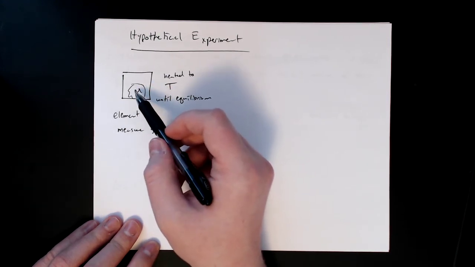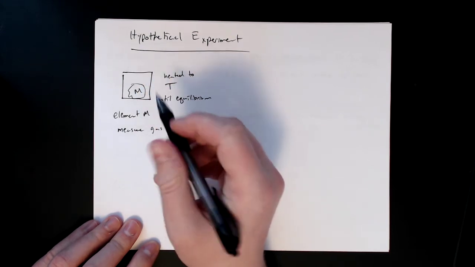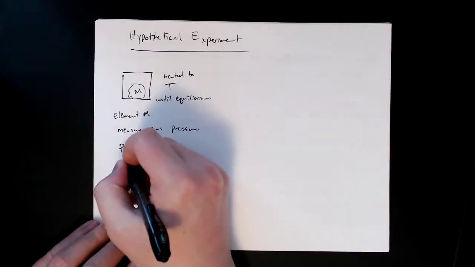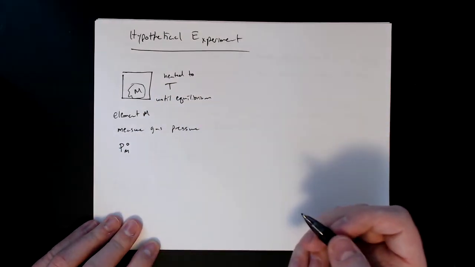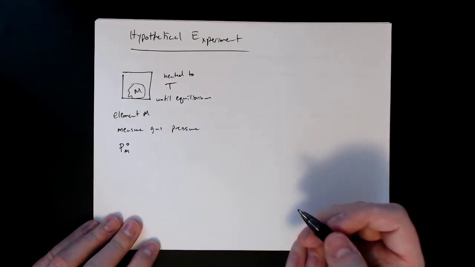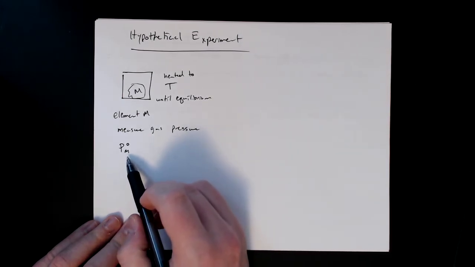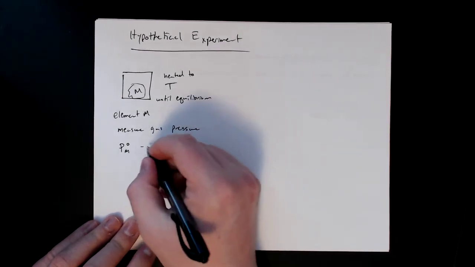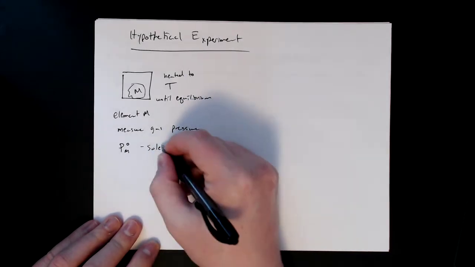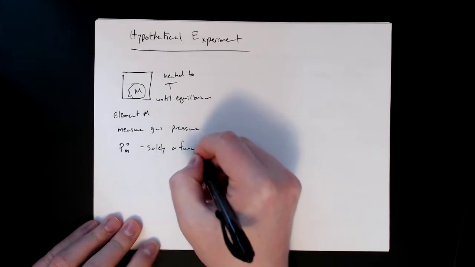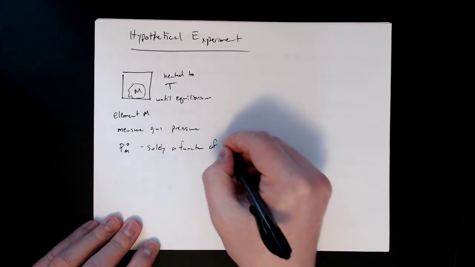And since this is in its pure elemental state, this is going to be our pressure of that metal at that standard. And so this pressure is solely a function of temperature,